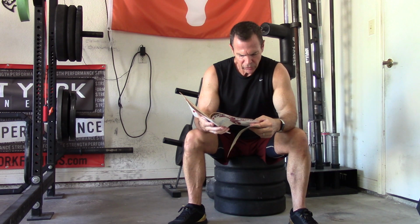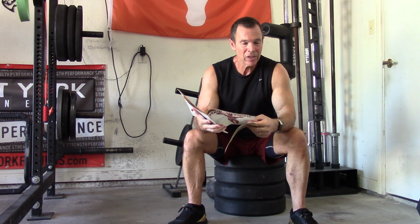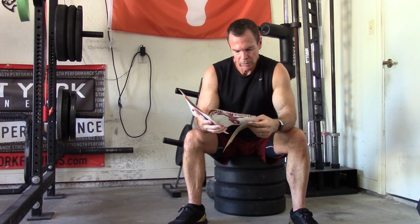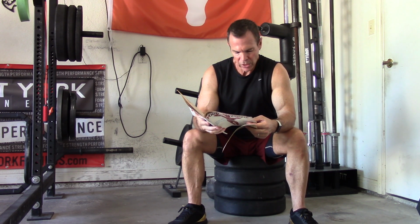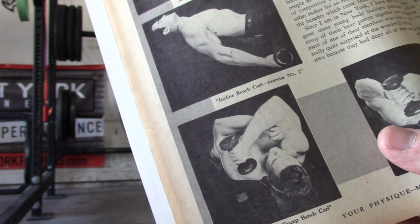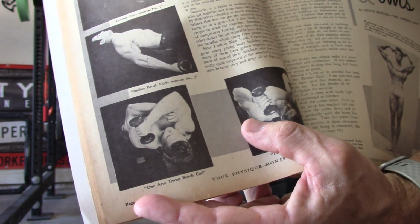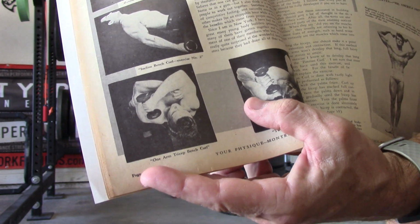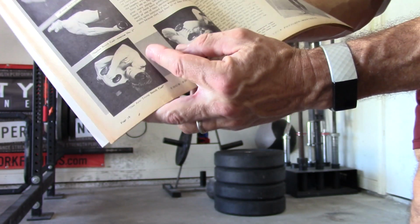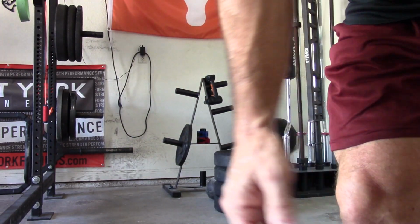Well, in this case, they're calling a one-arm tricep extension, lateral extension, for the lateral head of the triceps, a bench curl. So let's look at that. Let me come in and show you the picture. So there you go. There is Steve performing the one-arm tricep bench curl. So the lateral head of the tricep, let me grab the camera real quick,